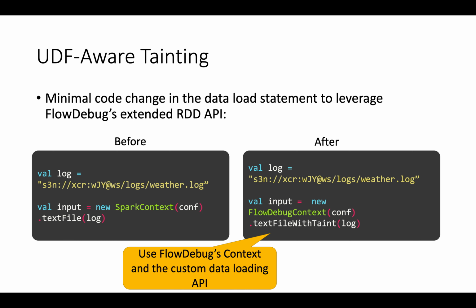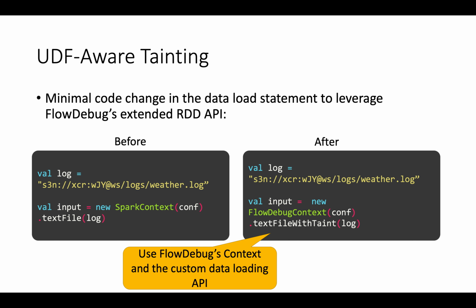As for the developer requirements in order to enable this UDF-aware tainting, it's actually fairly small. We demonstrate here that the only required code change is a modification to the data load statement and the Spark context or FlowDebug context that is used for the program. In most cases, Scala's type inference will then automatically adopt the tainted object APIs and no additional developer intervention is